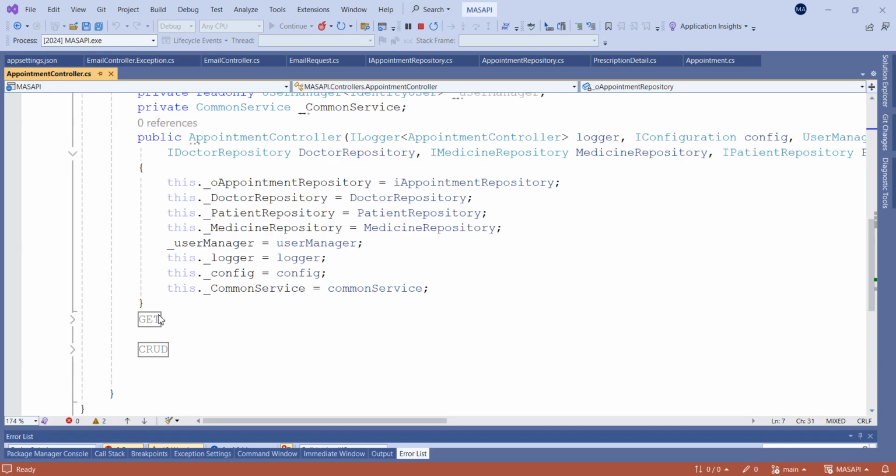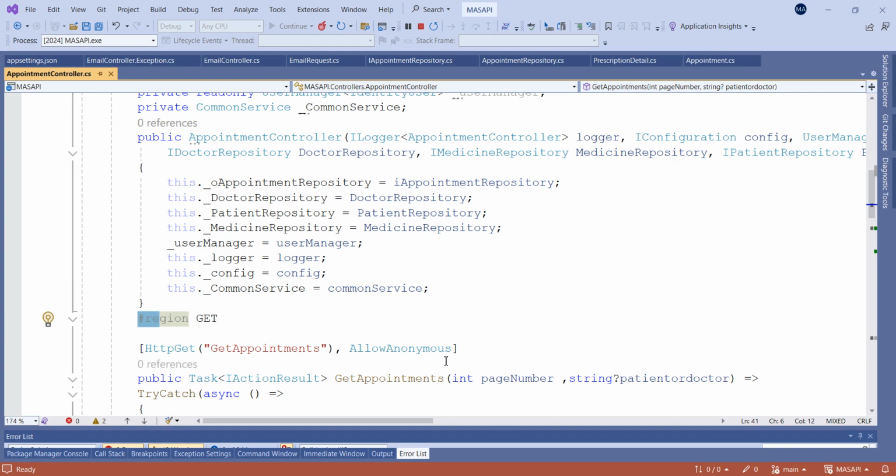Here I show the first pagination grid, where they send the page number and searching criteria,